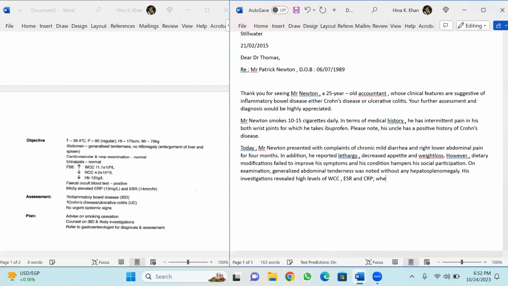Now, whereas, a contrasting one, his HB and RCC were low, along with, what? I will just write positive. And yes, just write the spelling that is mentioned in the case notes. Fecal occult blood